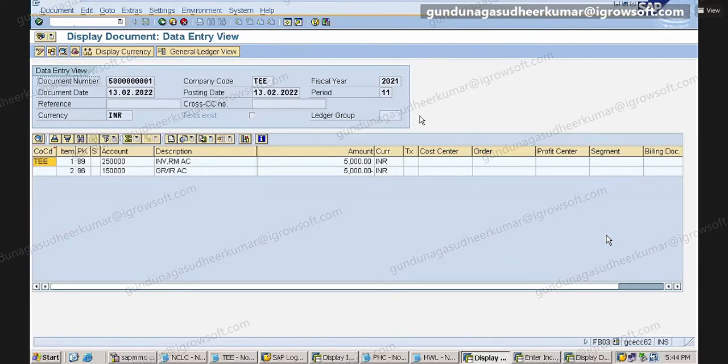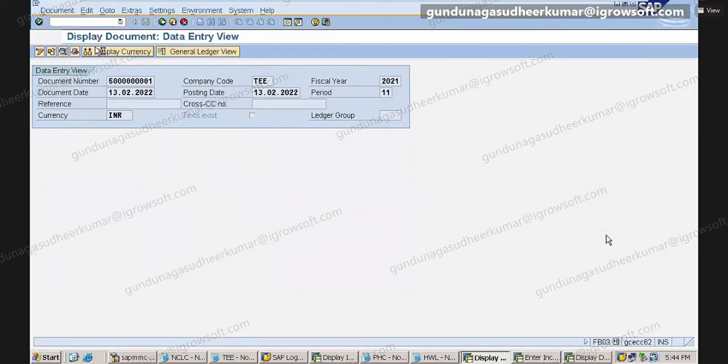Next. So the goods have come, and along with that the invoice comes now, obviously. Yes, sir. So now what is the T-code? MIRO. Sir, what are the posting keys? Don't worry about posting keys. There are 100 posting keys. You cannot remember them all. Now go to MIRO.